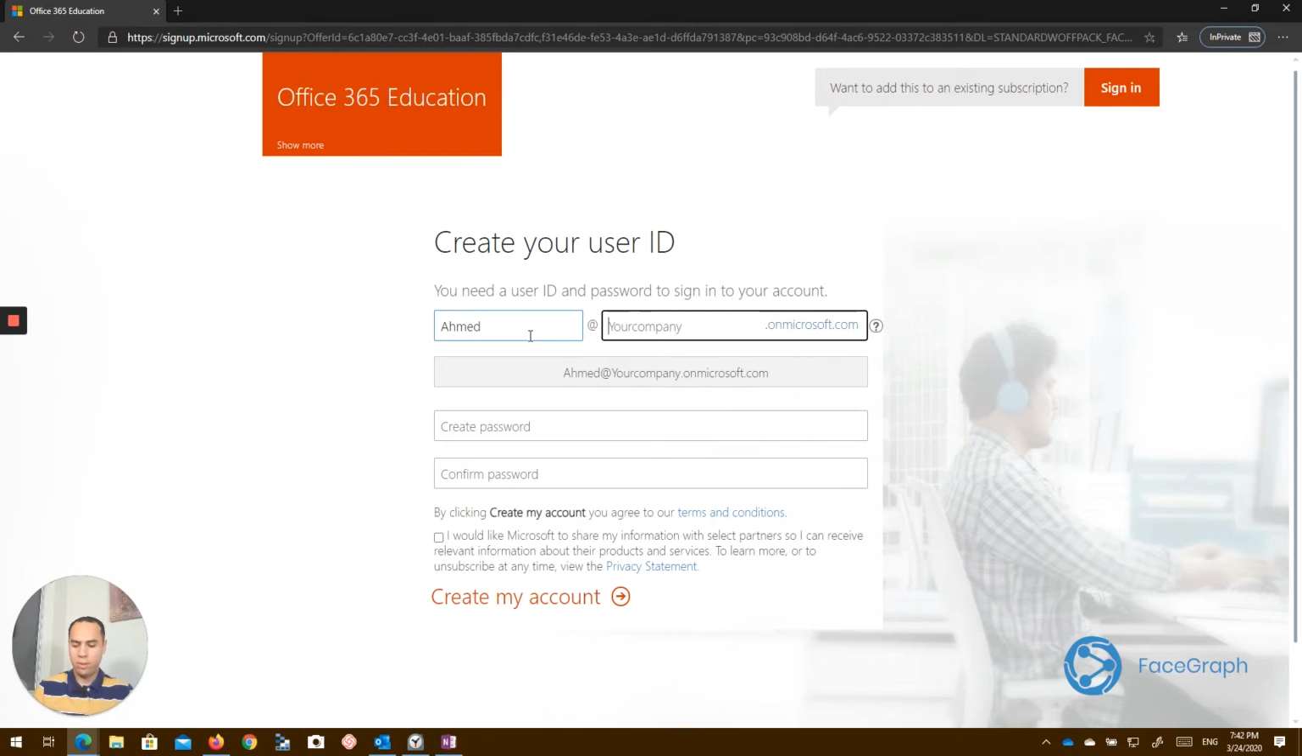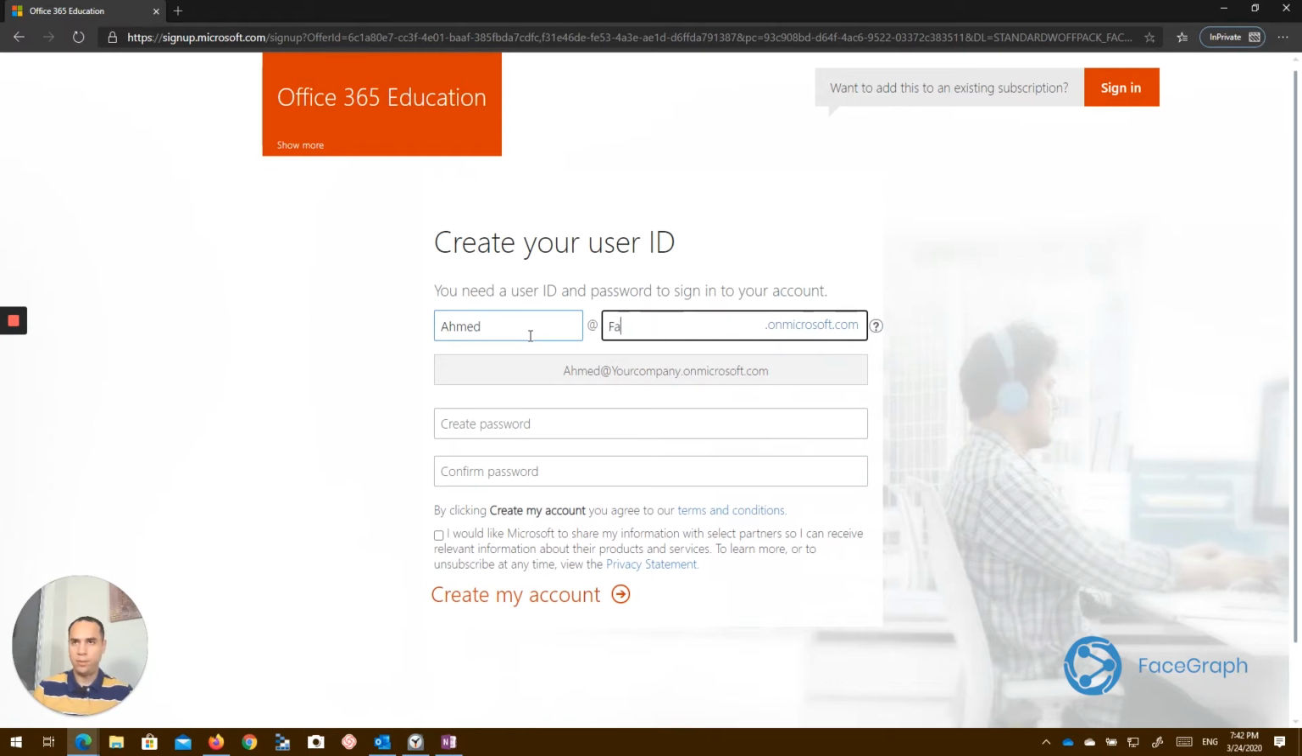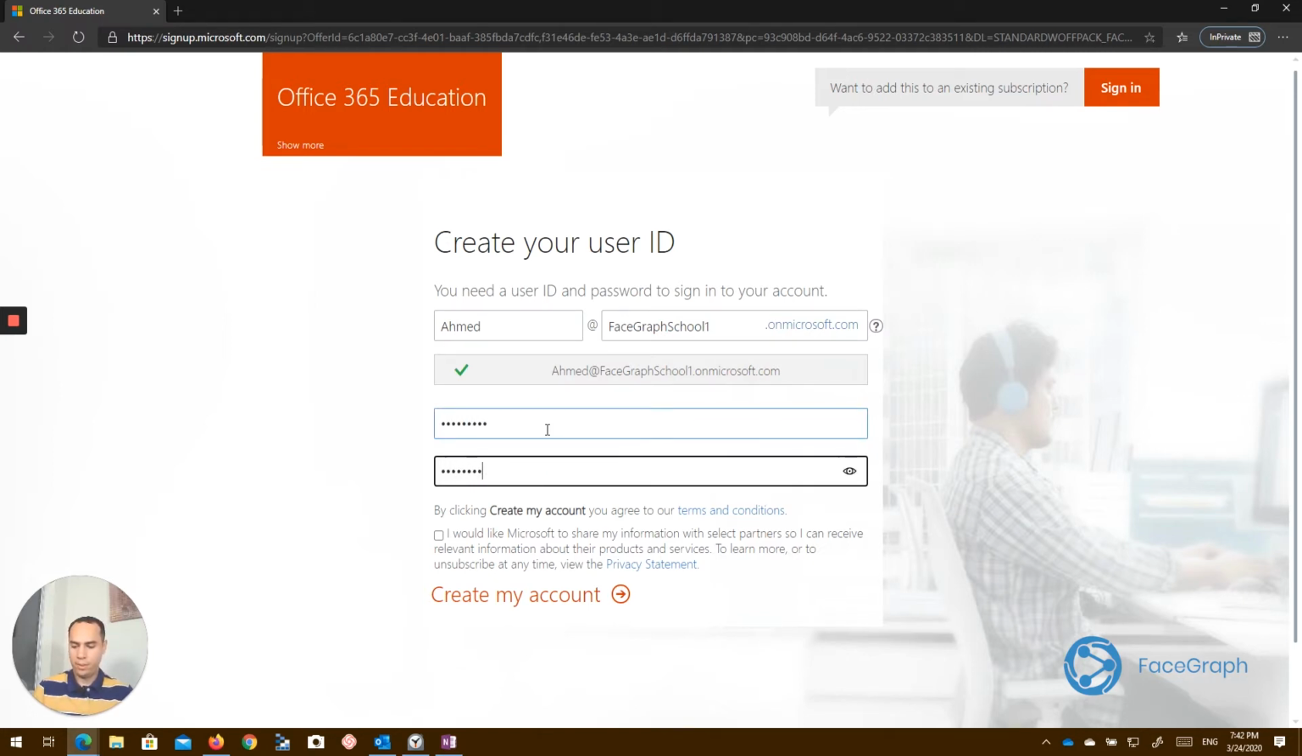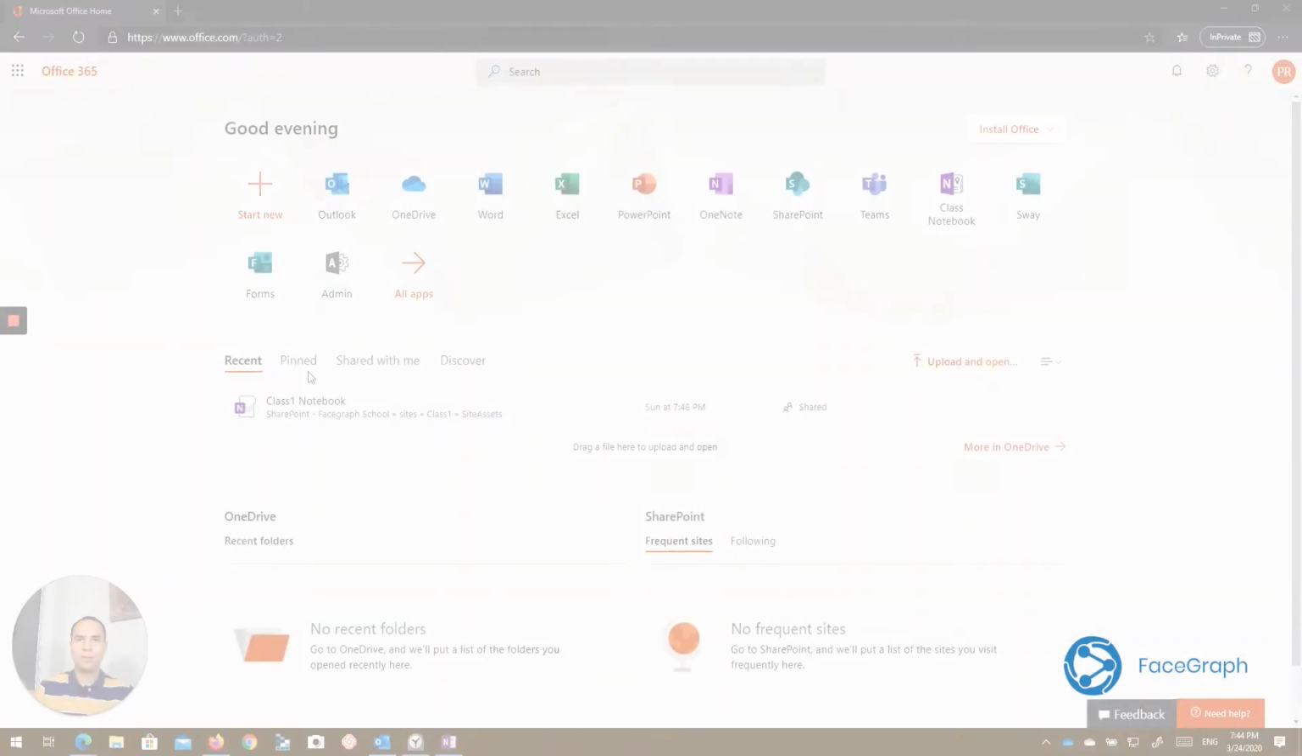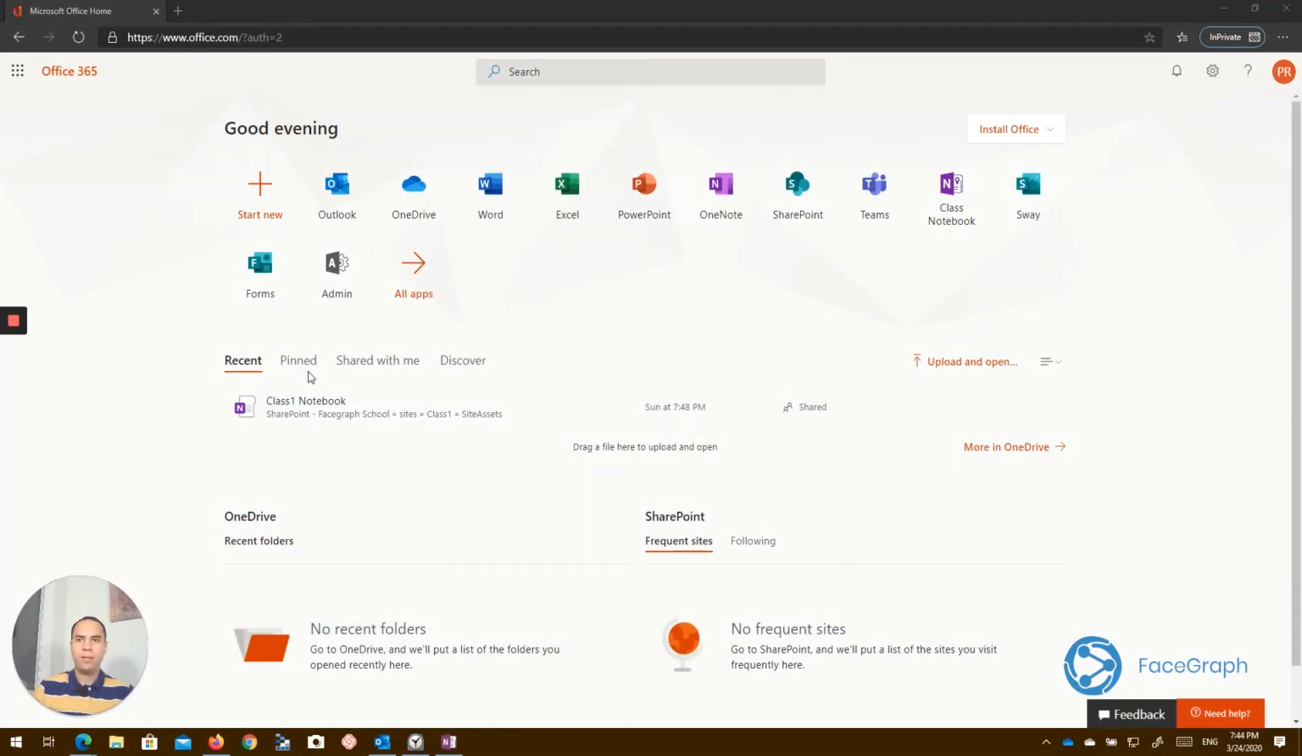I'm going to go ahead and put school 1 just as a demo, and then I need to create a password. This is the password that will be used to access my admin account, and that's it. I'm just going to click create, and that should take me to where I need to be. All right, so now that I have my account created on Office 365, I go to this landing page,